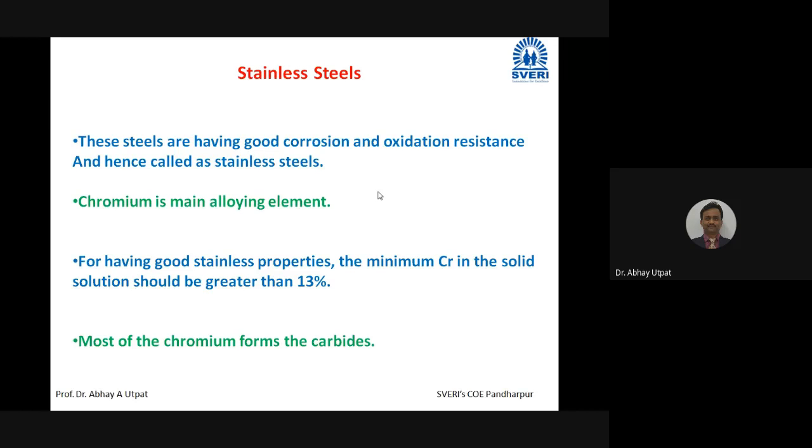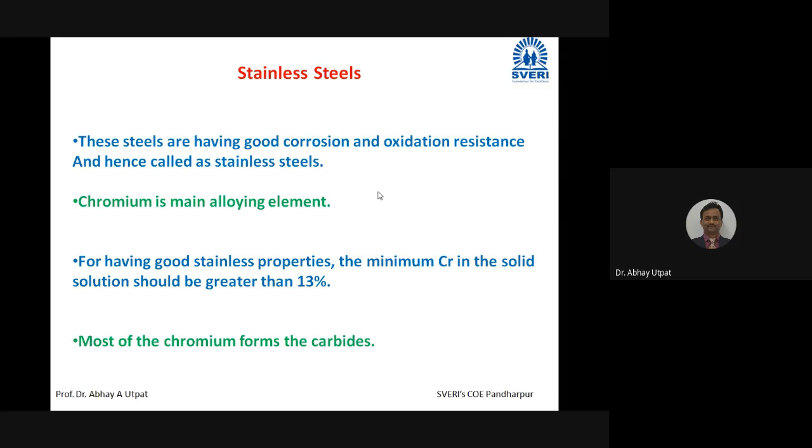So it is written clearly, these steels are having good corrosion and oxidation resistance, and hence the name stainless steels. So meaning of the word stain is oxides, or in Marathi you can call it as ganja. Stainless steel, ganja virahit steel. Steel in Marathi it is called as polar. Okay. So number of earlier types we have covered. This is the last type, which is main. There are different types also, and I am going to explain one by one all the types with its properties,